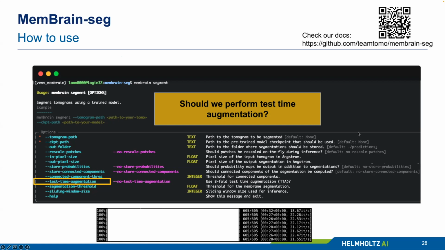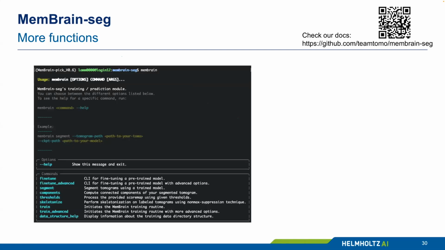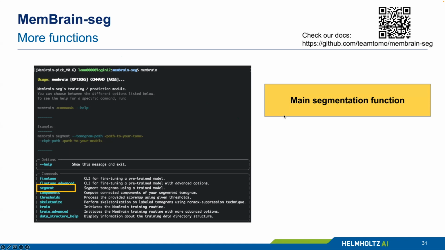So these are the main functionalities of the membrane segment command. But there are also some more functionalities that I quickly want to show. So you can get an overview of what membrane functionalities are available by just typing membrane. So here you will see this list again of different functions that you can perform. And membrane segment is the function that we just discussed in detail. If you just type that, then you will get to the interface that I just showed you. But then there's also other stuff.